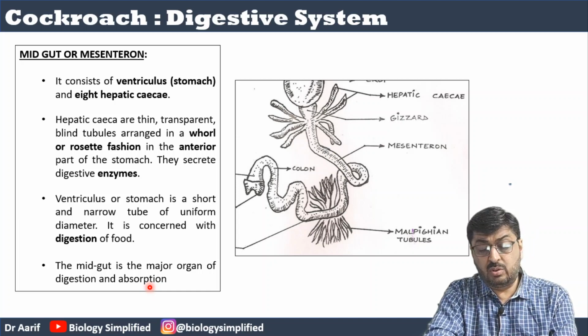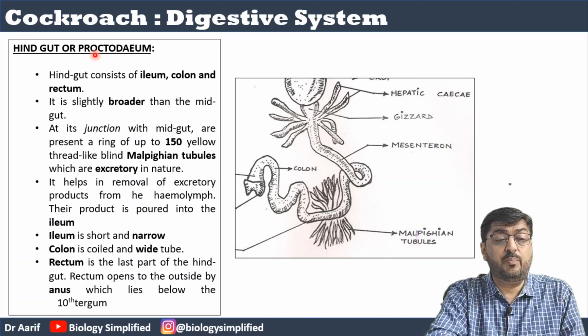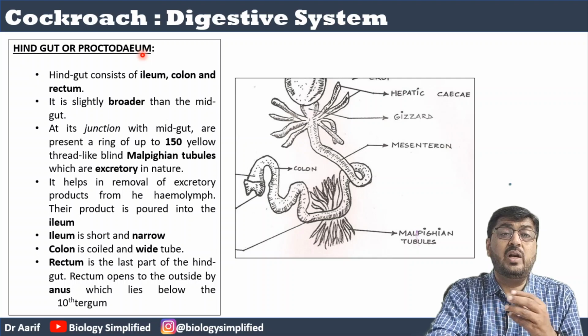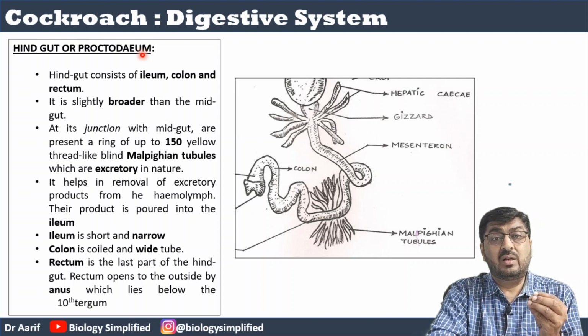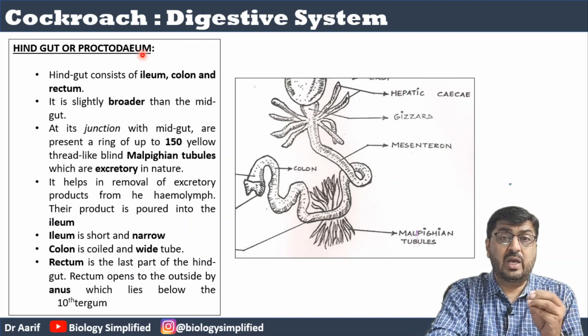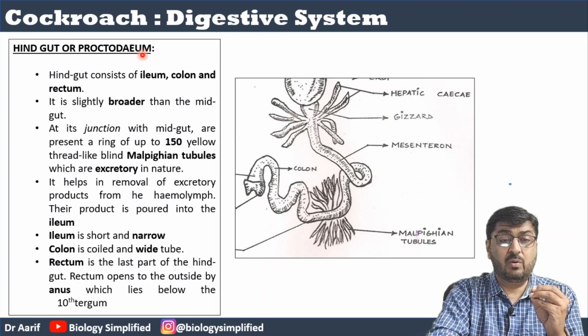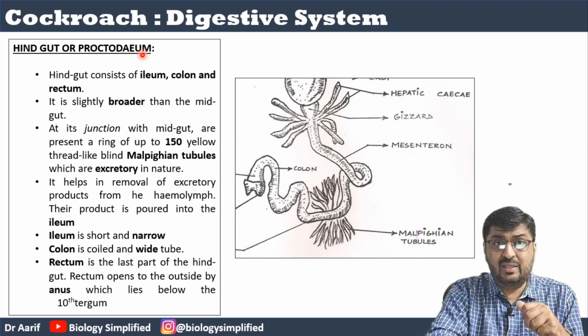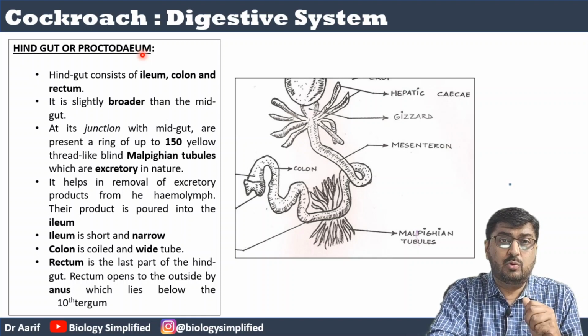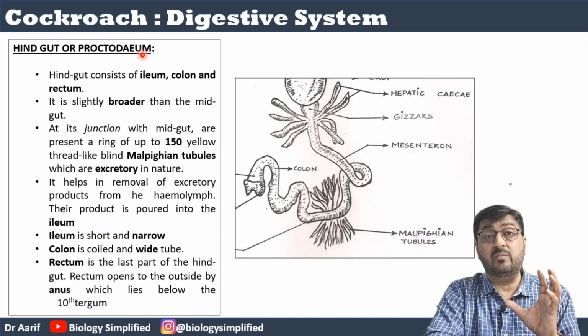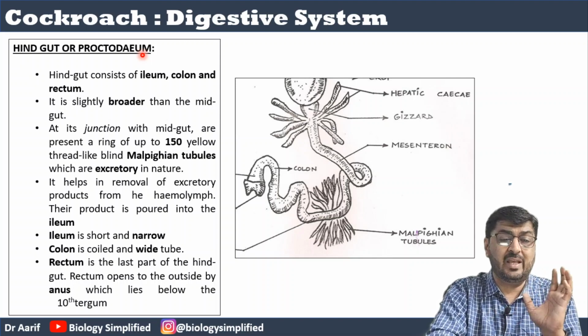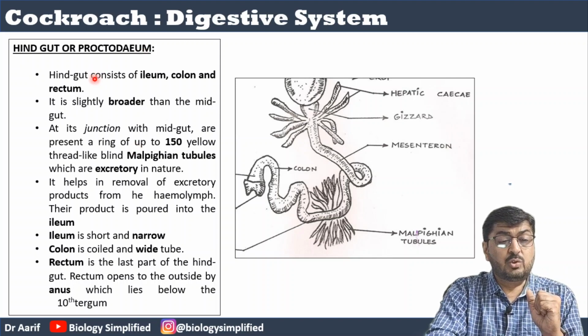Coming to the hindgut, which is called proctodium, right? Now the anus area is denoted by the word procta, right? Now procta, right? So यहाँ पर जो anus area है, we call it as proctodium, the hindgut. Okay, when you check the anal area, the instrument is called proctoscope. So procta is a term which is generally used for the anal area, right? Now proctodium. So we've got the ileum, colon, and the rectum, right?